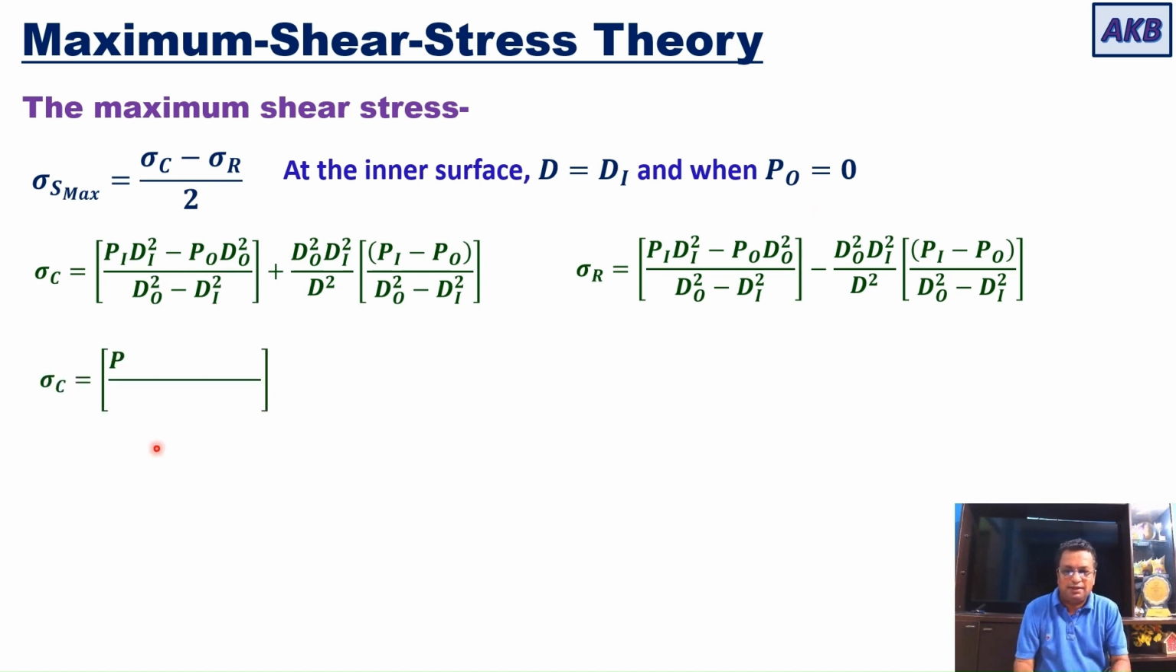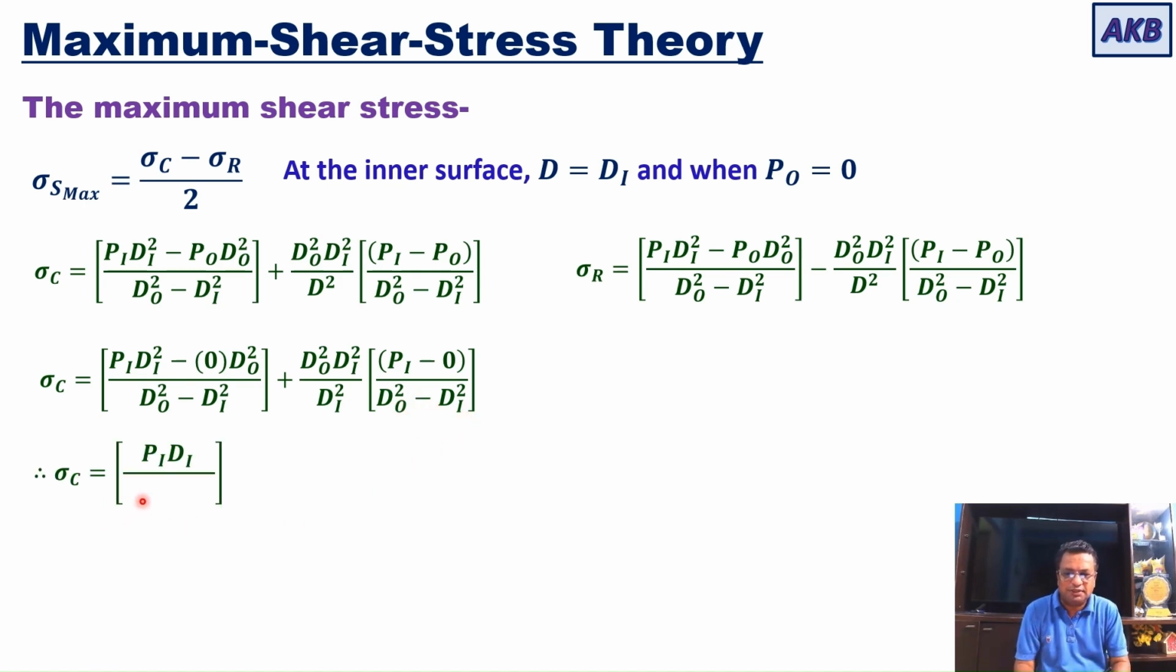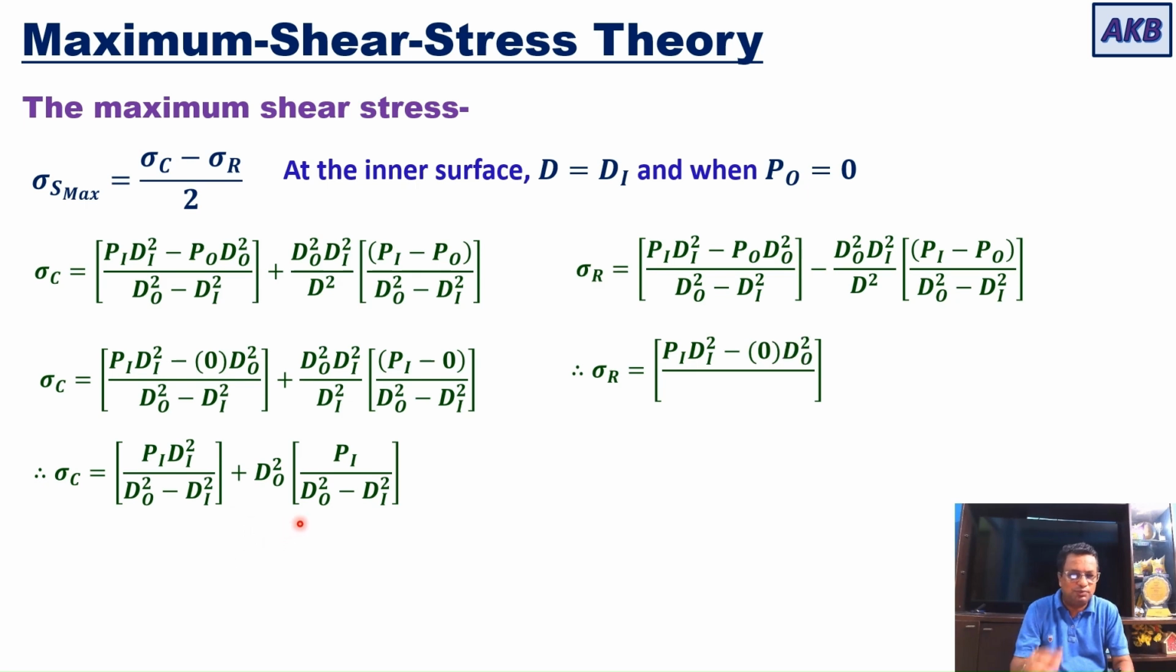So accordingly, in case of sigma C, it will be Pi Di square minus Po is 0, so minus 0 into Do square, divided by Do square minus Di square, plus Do square into Di square by Di square, since D square is replaced with Di square, into Pi minus P naught is 0. So Pi minus 0 divided by Do square minus Di square. That is, sigma C is equal to Pi Di square upon Do square minus Di square plus Do square, because Di square will get cancelled, plus Do square into Pi upon Do square minus Di square. So in the next step you can take Pi common, or before that